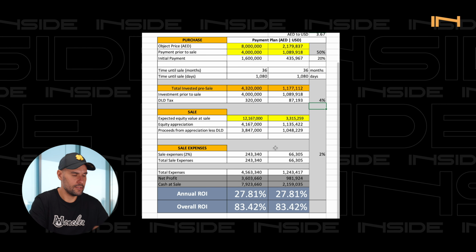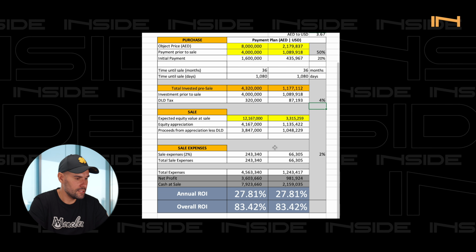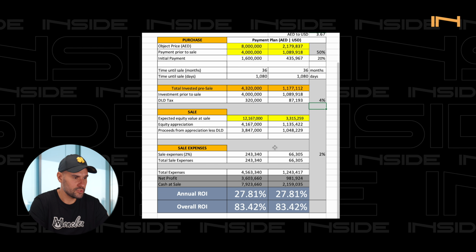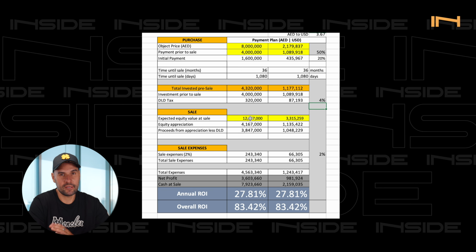Say we have a 50-50 plan here, which is great. So you have an 8 million price, we have 4% DLD. So here in about 3 years, you could look at about 80–85% on capital invested. Why? Because here I'm assuming about a 15% annual price increase, which is the market average. And this is not even accounting for the fact that it's a premium location, high-end building on the water. So that appreciation will likely be higher, but at least it gives you a benchmark, and we can go through these numbers together